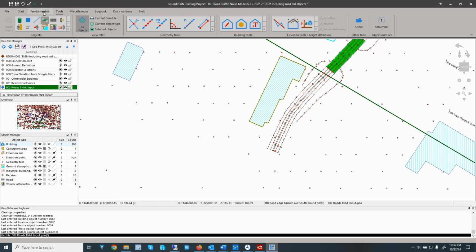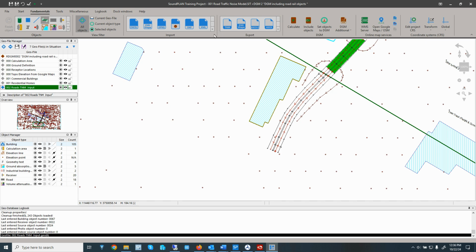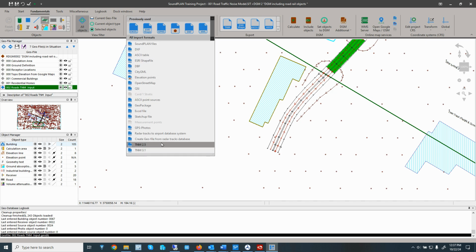Now in terms of exporting, under the fundamentals I mentioned earlier, there's now a TNM 2.5 and 3.1 export in the 64-bit version. That was not the case in the previous version 9. So here we have both incorporated. For TNM 2.5 to work for the import and export, you still need to have TNM installed on your computer and make sure that there is a path set to where TNM 2.5 is located.